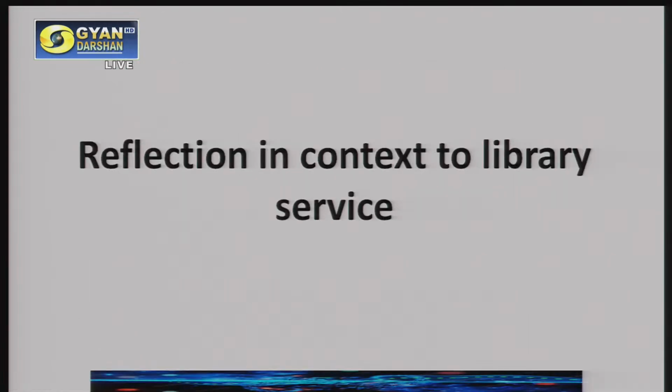So now, contextualizing to the library scenario. We have already discussed the passive style of communication and how it can create a negative impact in the library, in our environment.